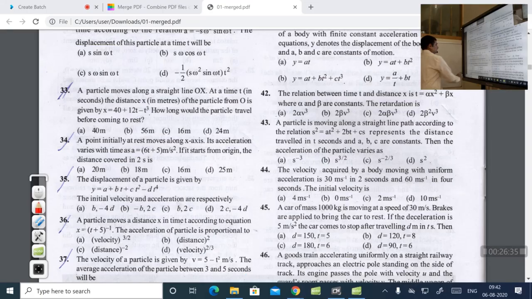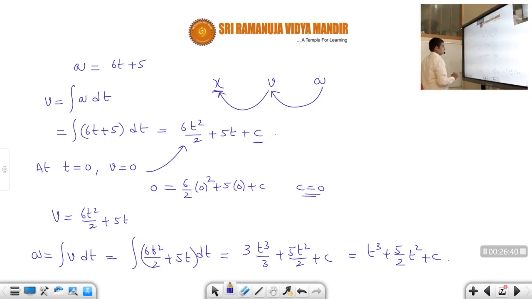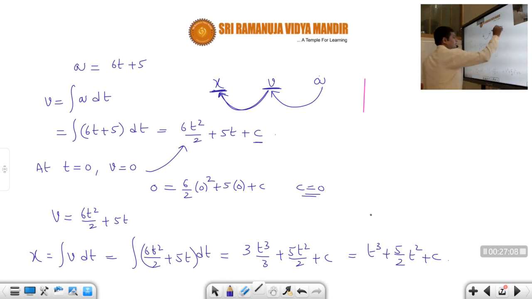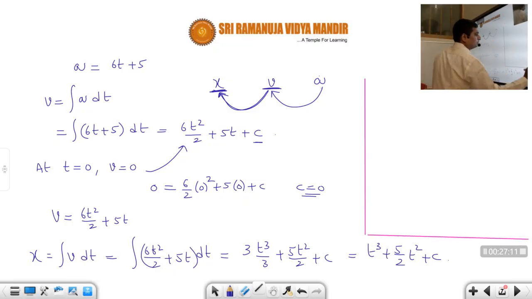Okay. Now they are asking what, students? The distance. Sorry. I think this is a distance covered. This is not acceleration, sorry. This is called distance covered. X is equal to integral v dt. First we calculated velocity. Now we are calculating distance. So that means from velocity we have to go by integration only to get the value of distance or displacement or position. Okay, students. So x is equal to t cube plus 5 by 2 t square plus c. So this is the equation for the position, students. Please remember, this is the equation for the position.